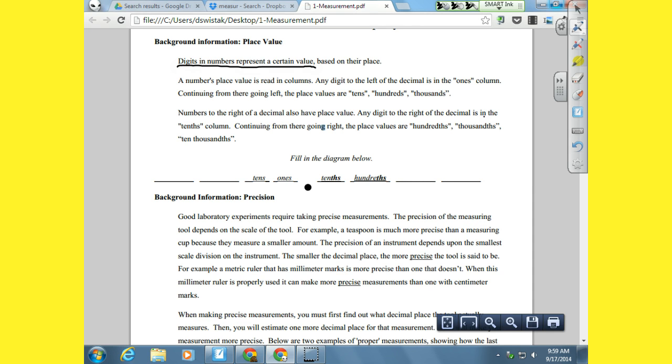Digits represent a certain value based on their place. Okay, this is kind of grade school stuff. Read in columns, ones, and so on. The numbers to the right have a place value. Okay, so I already kind of know this. So ones, tens, hundreds,